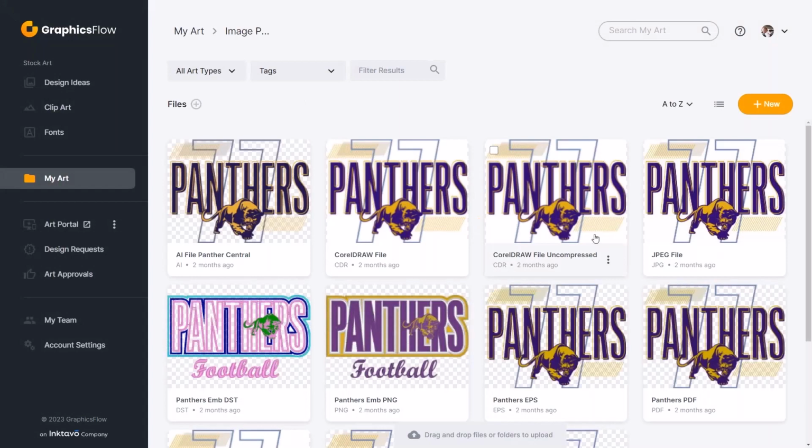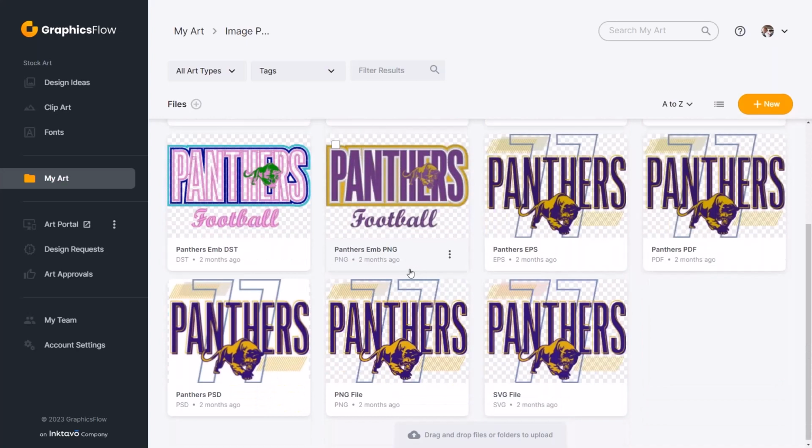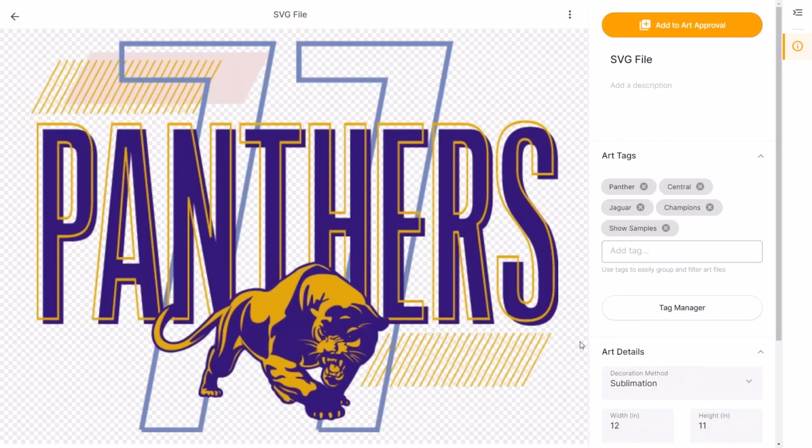So it will preview most of your common formats: Corel files, JPEG files, PDF files, EPS, PNG, DST, Photoshop, even an SVG file. If you've bought a whole bunch of SVG files from Etsy or one of these online sources, you can't preview an SVG file in your Windows operating system or in your Mac operating system, but you can if you upload it to your GraphicsFlow. And that would be a really smart move, to upload your purchased clip art to your GraphicsFlow account, because you get these great previews. And even better than that,